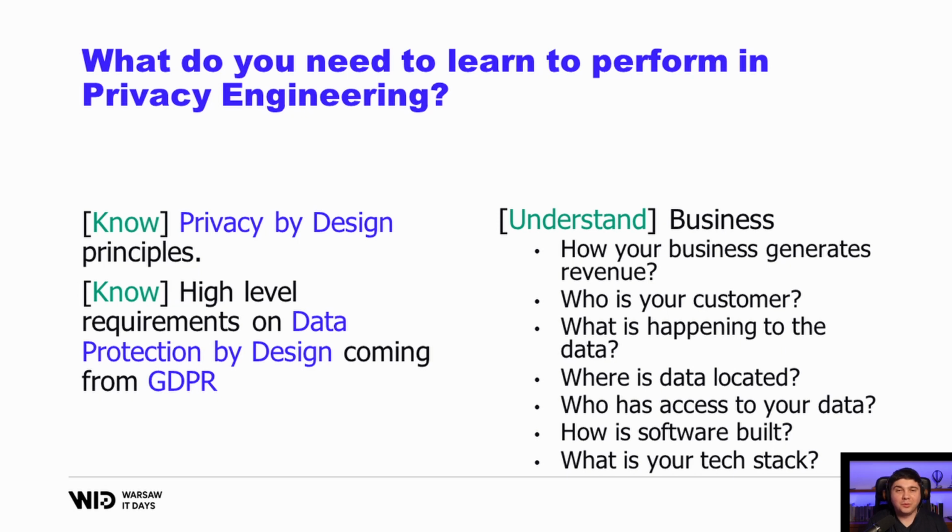What are the most important ingredients you'll need to learn to succeed in the area of privacy engineering? Firstly, you need to learn the fundamentals. One of them is privacy by design principles. It's a series of 7 principles which will guide you and your team in the decision-making process around the privacy of your end users. The second ingredient you'll need to learn is the high-level requirements on data protection by design, which come from